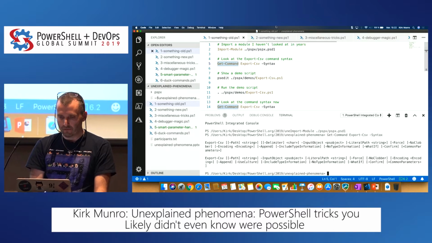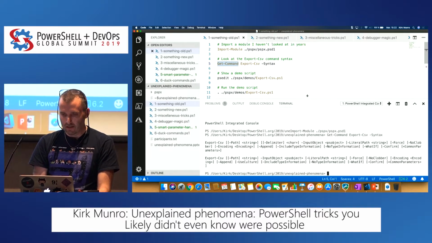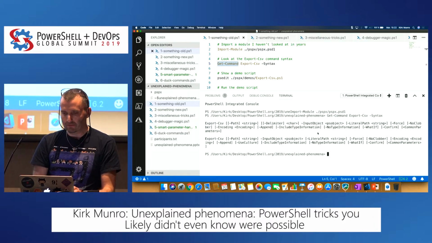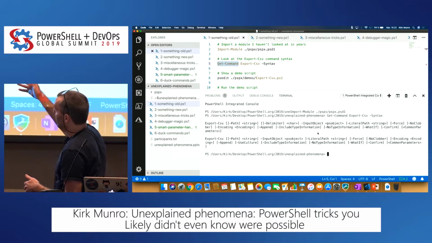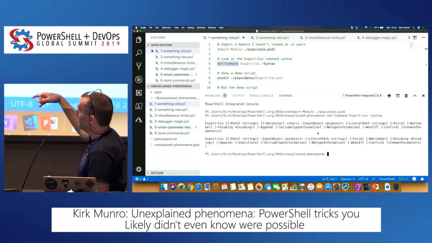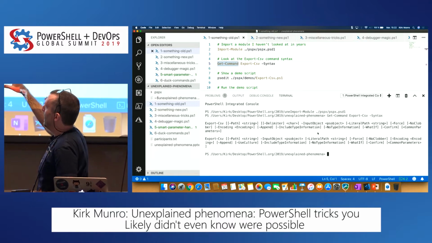And so I'm just going to show here really quick the command syntax for Export-Csv that you get out of the box, right? So you get two parameter sets, and it's got the handful of parameters up there, and that's great. But one thing I've always felt was missing, and actually when I went and looked at this, I was surprised it's still missing today, which makes me think I should put it in a PR.